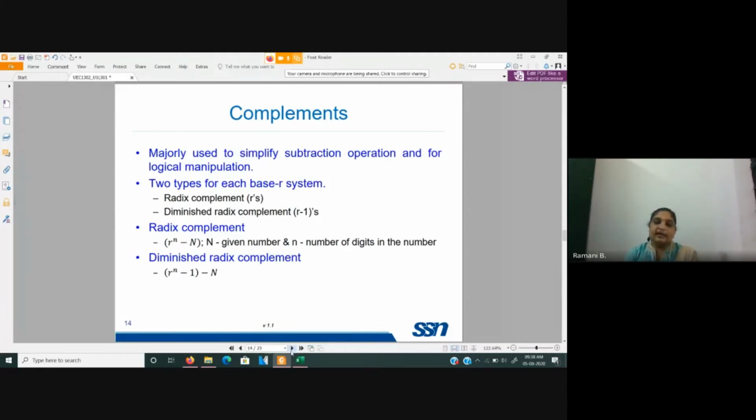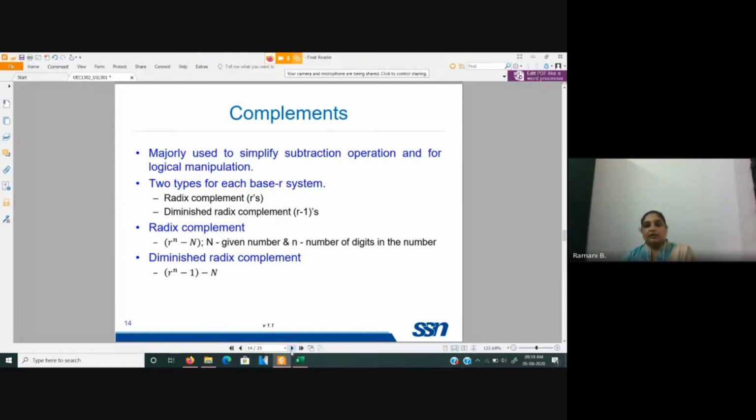Why it is mainly used for subtraction operation is normal subtraction. As kids, what we do is, if you are subtracting a greater number from a smaller number, you have to borrow from the previous digit and keep that in mind. All those things you have to do. So it is difficult for the computer, or for the hardware involved, in such a case. So using complements, we actually perform the operation of subtraction using addition, which is the simplest operation actually. So we will be seeing that.